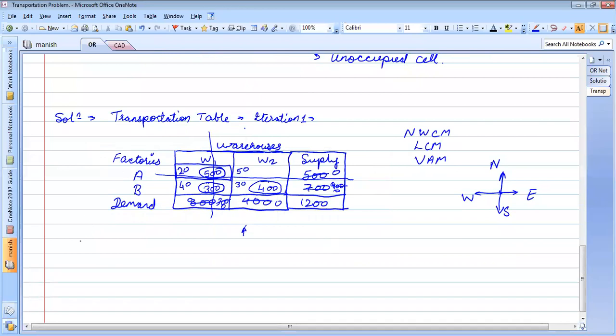Now the question doesn't end here. You need to find the transportation cost. So transportation cost Z is equal to what? Or you can write T, whichever you like. Some books use Z, some use T. So what will be the cost? The cost of transporting from A to W1 was 20, so 20 into the allocation, 500, plus from B to W1 is 40, 40 into 300, plus